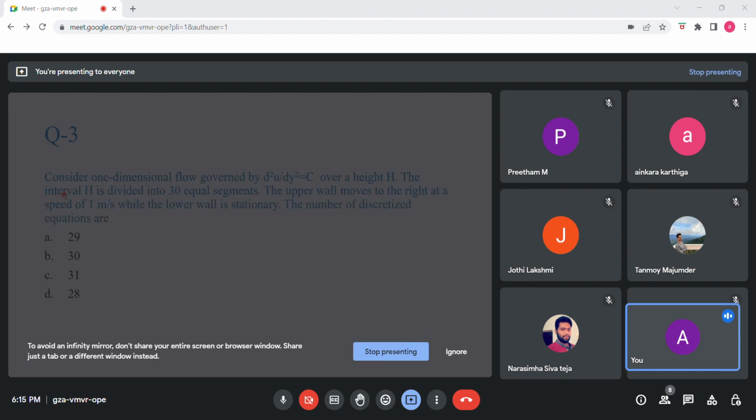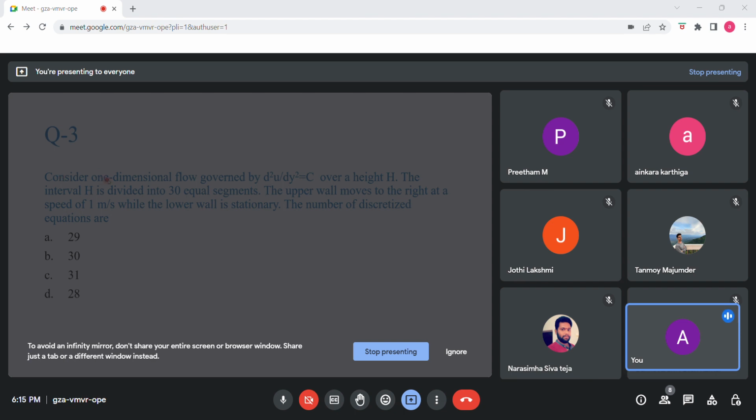So next, we'll move on to question 3. In question 3, we have: consider a one-dimensional flow governed by d square u by dy square is equal to c. Over a height h, the interval h is divided into 30 equal segments. The upper wall moves to the right at a speed of 1 meter per second, while the lower wall is stationary. The number of discretized equations are. So this question